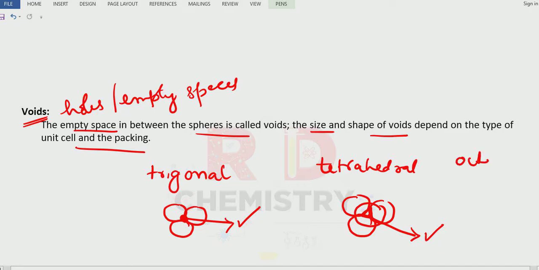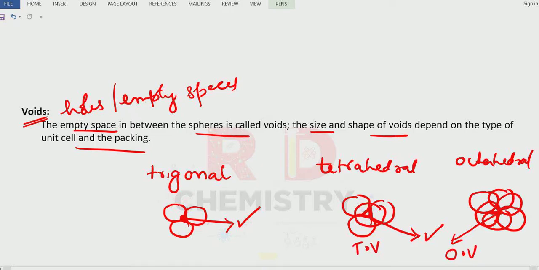Next one we have is the octahedral void. What is the octahedral void? So we have 3 particles like this which will form a triangular void here. Now there are 3 more particles here, 1, 2 and 3. So the picture is not very clear, but there is a void here, an empty space, which is covered by 6 particles. This is called the octahedral void. So the tetrahedral void and the octahedral void are very important for us, because we are studying 3-dimensional structures for the unit cells, right?